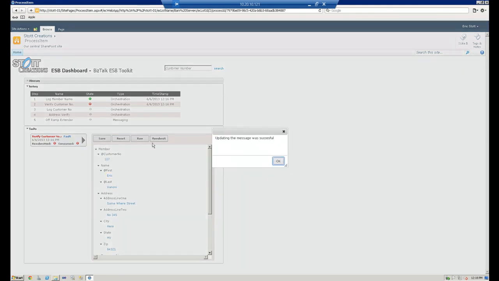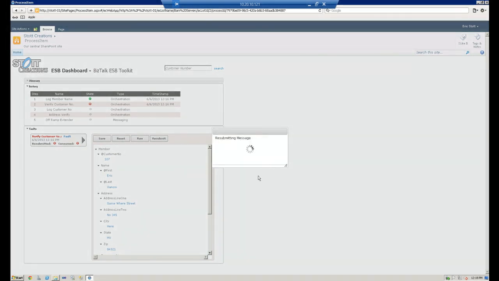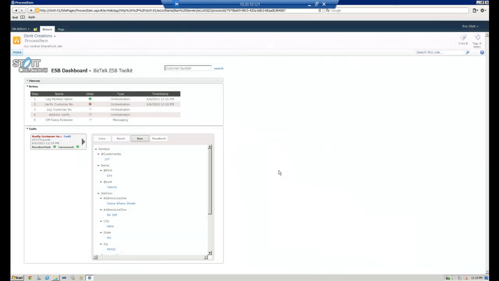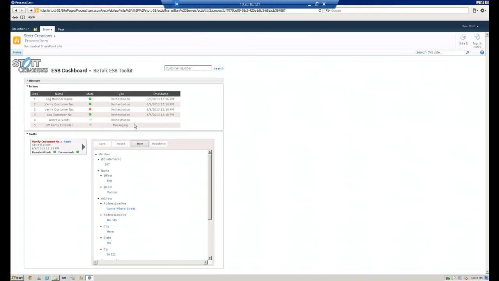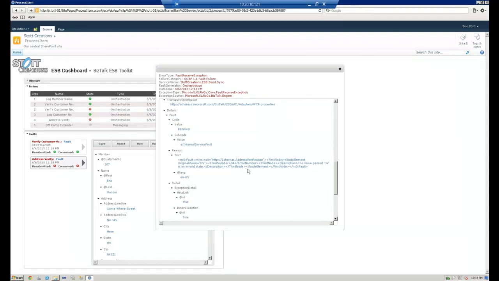I'm going to save this and resubmit it. And this uses AppFabric in the back end, so it's highly available, responds quickly. And you'll notice that my name is attached to this message so that there's auditing capabilities. It's going through the next step, and it then fails. So I can go here and click on the fault, go determine what it is,